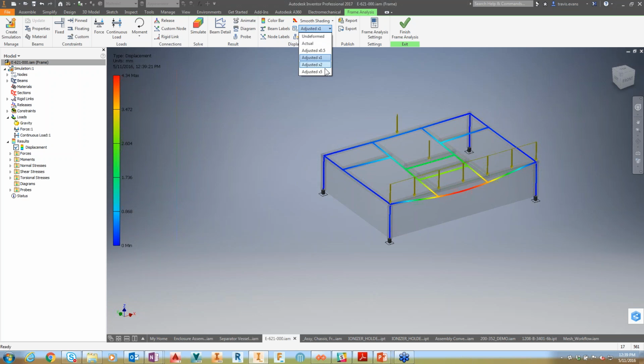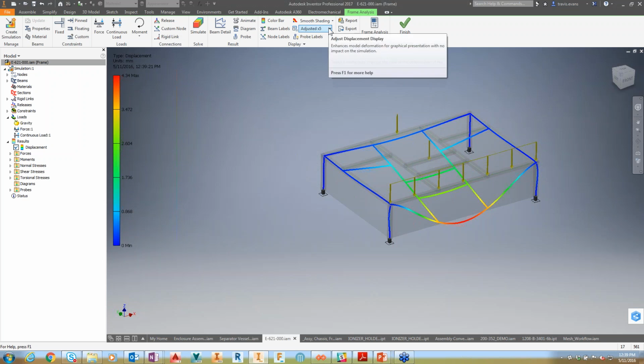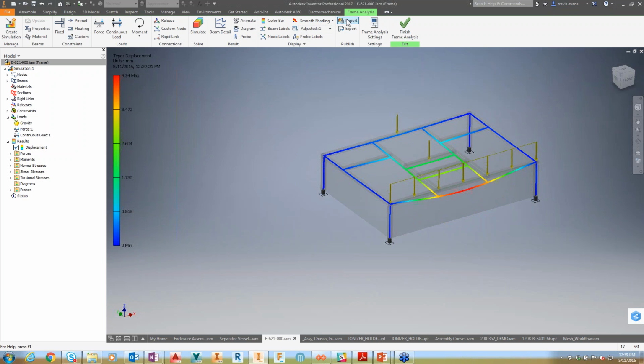And I can even change this to exaggerate the deformation. Obviously that's not what's actually happening, but it helps prove the points of what's going on throughout those designs. And then I can create some nice reports to share out with my design team so we can make those decisions. So again,